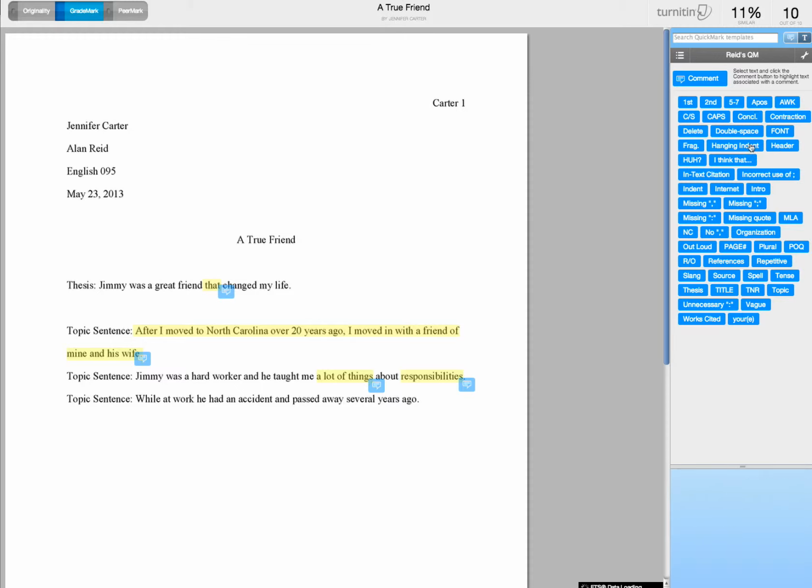These blue marks that show up over here on the right are called quick marks, and these are all quick marks that I developed on my own. And to develop a quick mark, it's very easy, because if you find yourself writing the same comments over and over again,